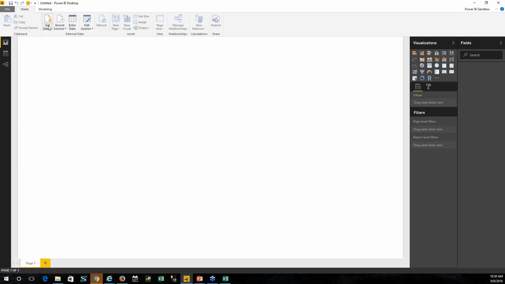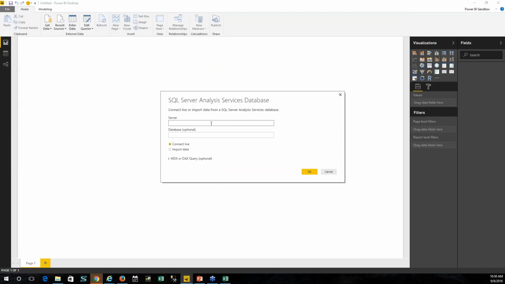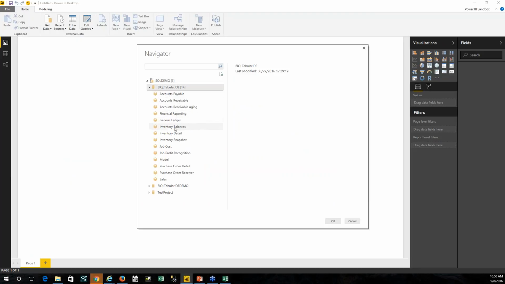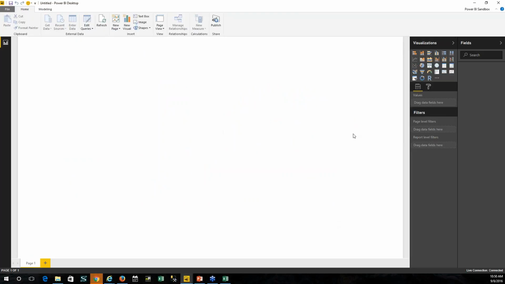So if I were creating a new report, get data from Analysis Services, okay, and just like we did in Excel, we can grab a pre-existing cube as well, and now we're connecting to that live model. And so, the nice thing about this is that these models are in memory. So as you're interacting with them, you're dragging and dropping, and everything's just split-second response time. So it's really fast. Okay,